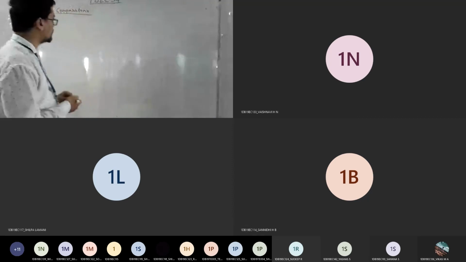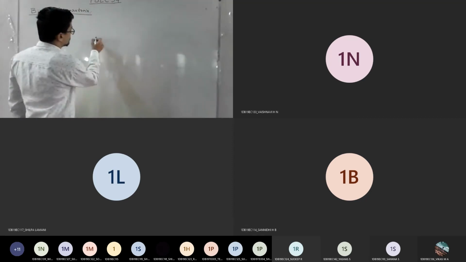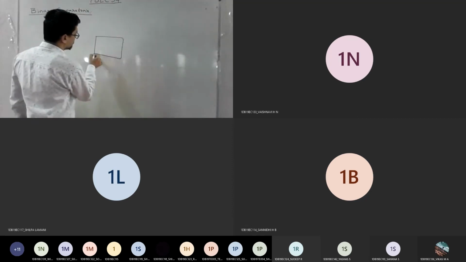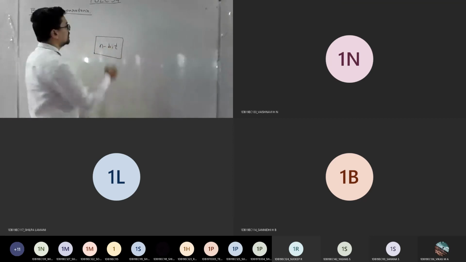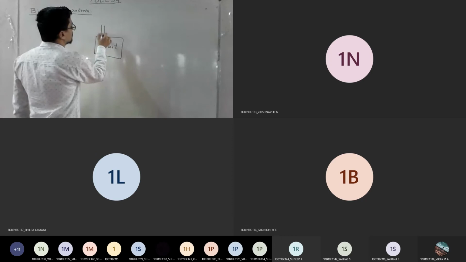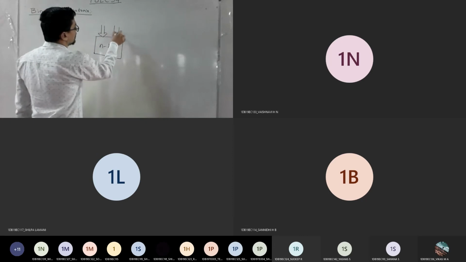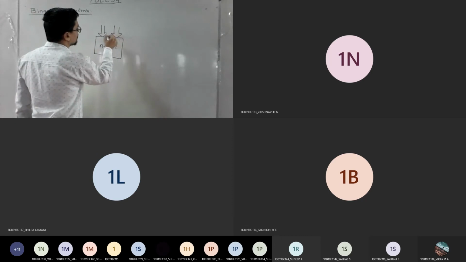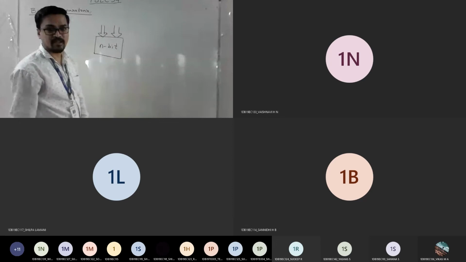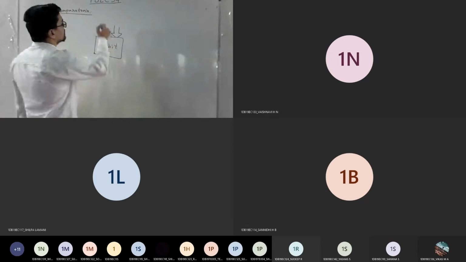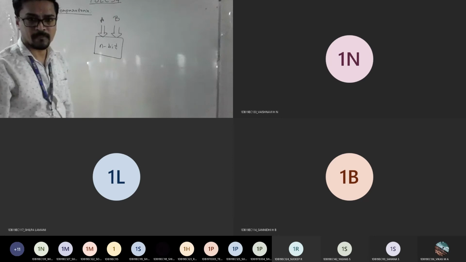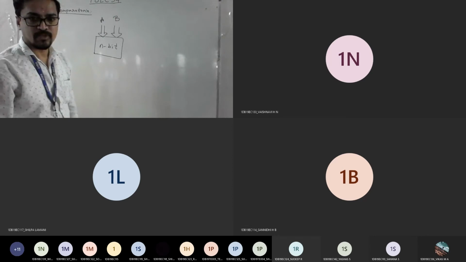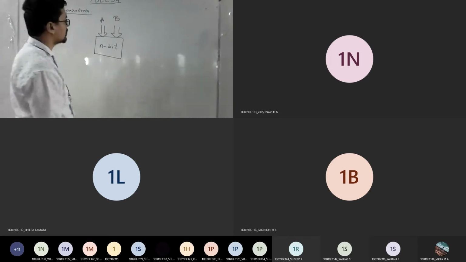For example, just write a simple example. If this is your n-bit comparator, if I say binary, it means you should have only two combinations. Agree? One is A and one is B. So binary, 0 or 1.